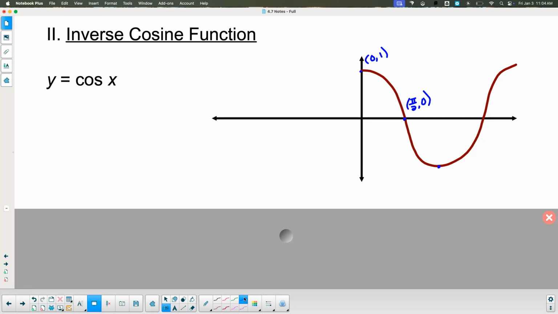This one is pi comma negative 1. This one is, this one is